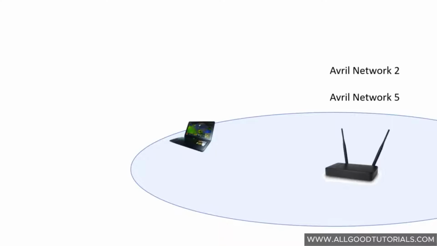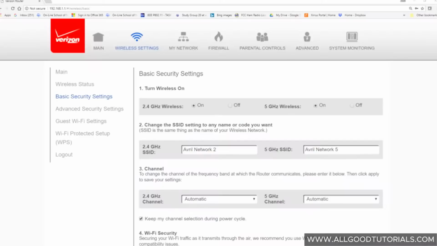When I bring up my client and it asks me what network do I want to connect to, I will therefore have two networks displayed, both Avril Network 2 and Avril Network 5, and I can go ahead and select Avril Network 5, in which case I'm going to connect to that network and therefore operate in the 5 gigahertz band. Now, most of you probably don't have the same Wi-Fi router as myself. So what you need to do is you need to connect